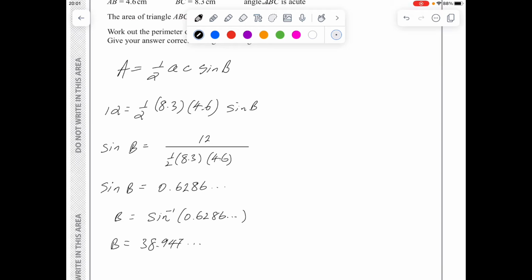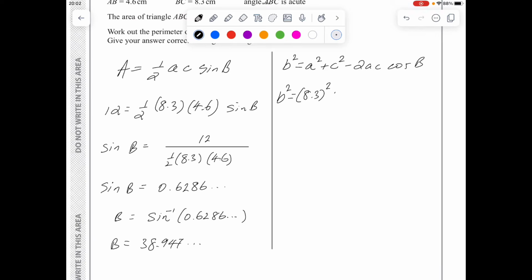So the version of the cosine rule I'll use is the following. b squared equals a squared plus c squared minus 2ac cos of angle B. So b squared is equal to 8.3 squared plus 4.6 squared minus 2 times 8.3 times 4.6 times cos of angle 38.947 and so on. b squared comes out to be 30.66... Take the square root of that. b is